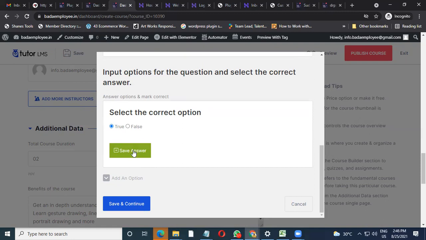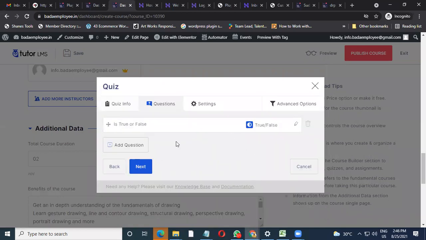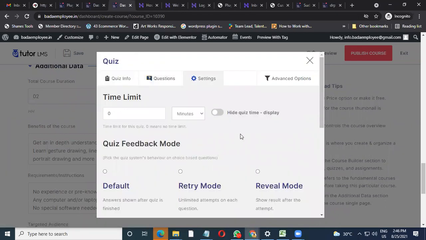So what we need to do is select the correct answer and save the answer, so that the system knows that if someone clicks true, then the system is going to give them a mark. And you can always choose whether it is going to be any one of them. So you have an option to tell the system that this is the right answer, and then you can save and continue. This way you can keep creating your question bank by adding new questions, or once you feel you have added 10, 20, or more, you can always finish it up.